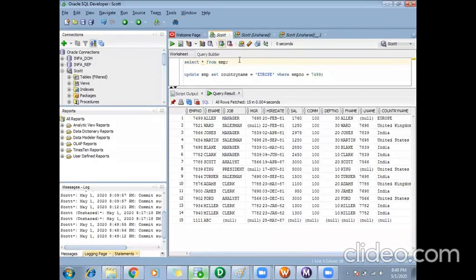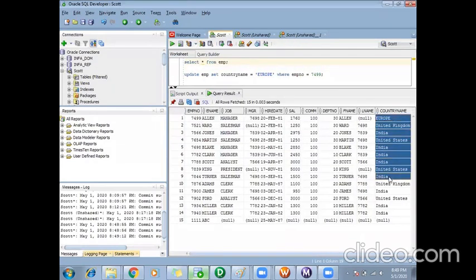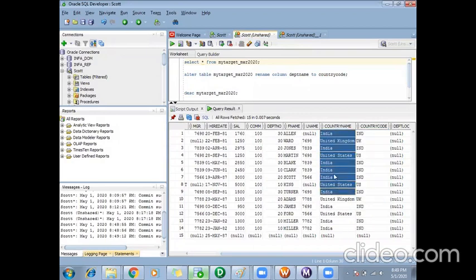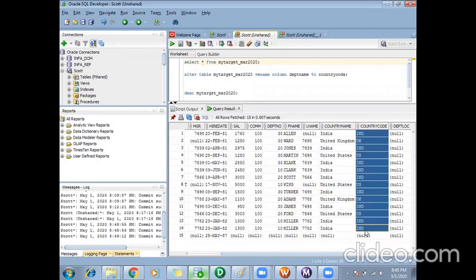Okay. So we are seeing one example of when and where we can use a lookup transformation. This is my employee table. Each employee has a country name to which he belongs. This is my target table where I also have to get the country codes of those countries and load them to the target.